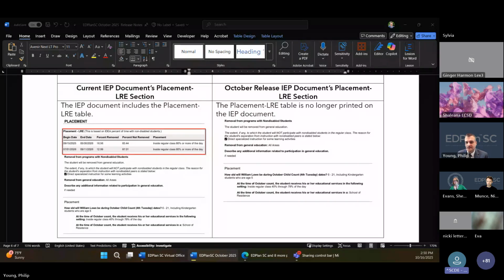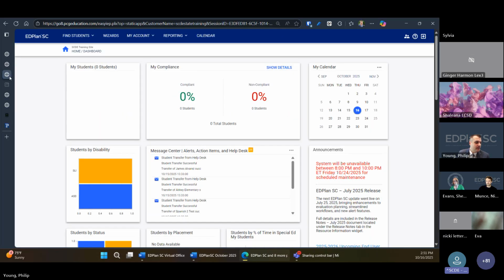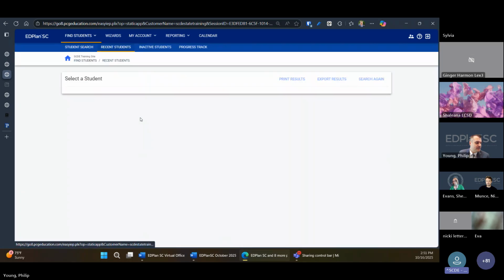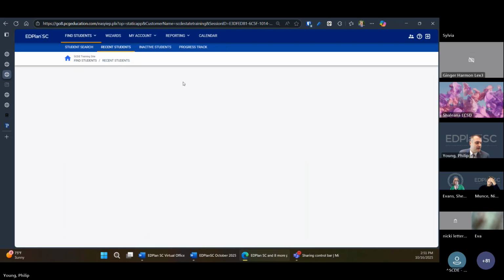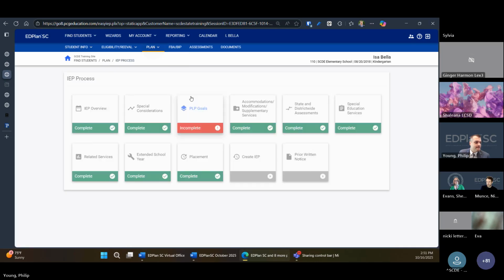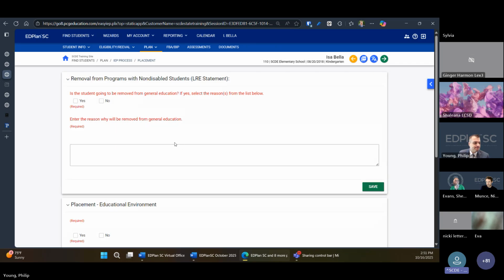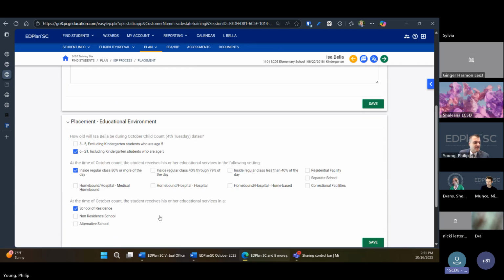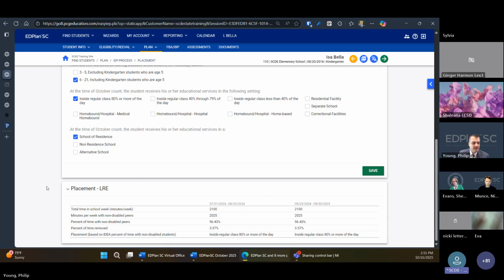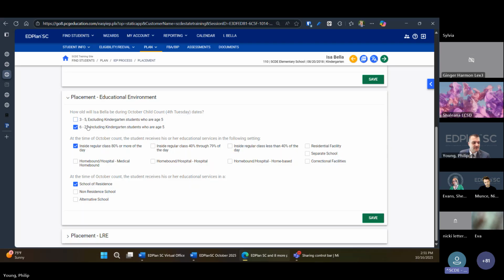So Lori, looking at your question, yes, the child count question is going to continue to be an option. So those questions haven't changed. It'll look exactly the same. And actually, I'll pull that up just so we can have on the screen what I'm talking about. So I'm talking about this placement page. The only thing that's changing on this page is this panel will no longer be there. So on 11.1, you will no longer see this panel, but these questions will still exist in the exact same form as they are currently.